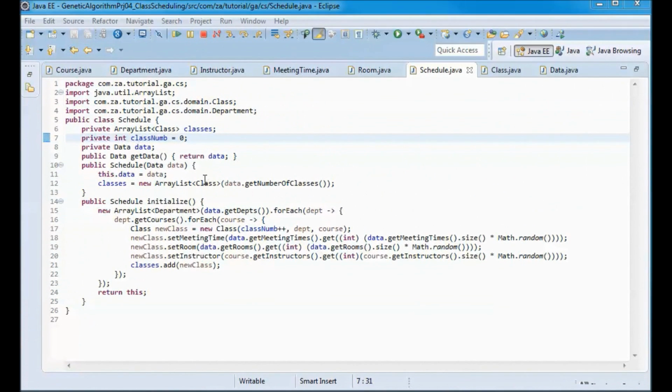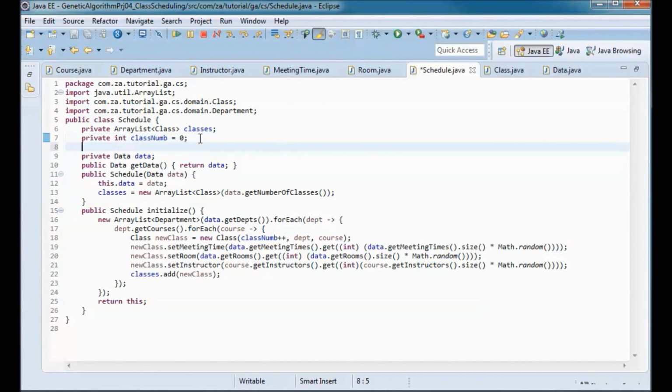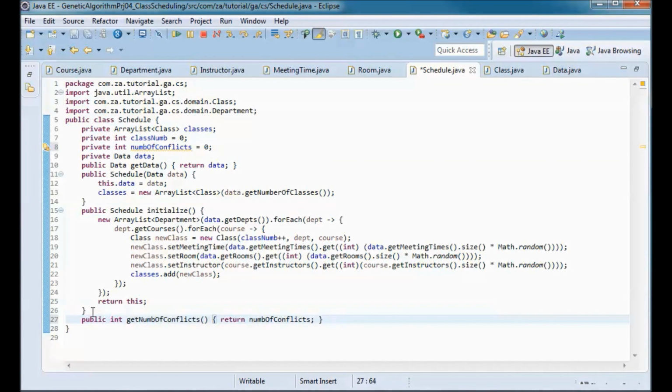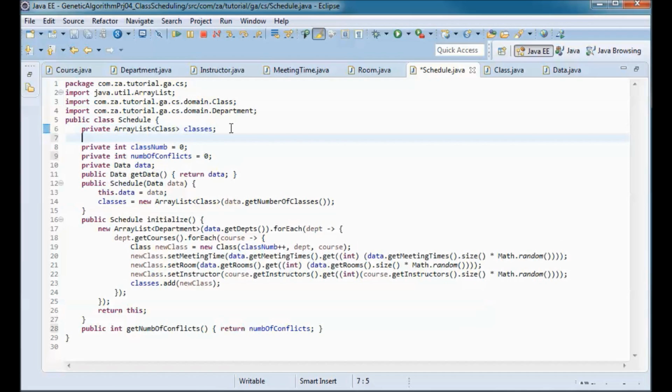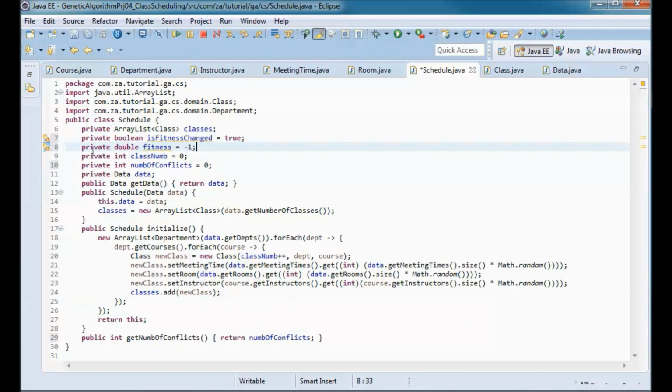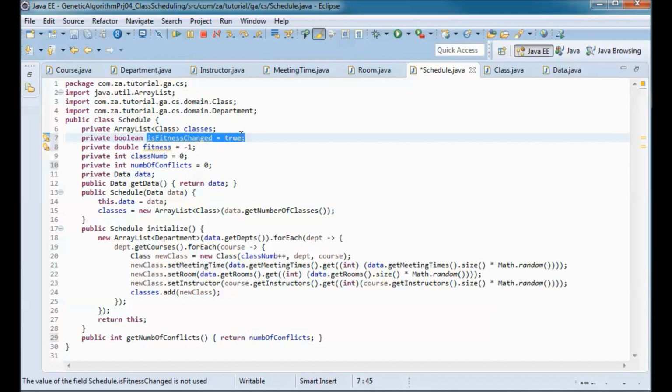And a schedule can have a number of conflicts, so let's define that here. And we will have a get method that returns the number of conflicts, and also a schedule will have a fitness. So let's define that here, and I will also have a boolean flag is fitness changed and set it initially to true.